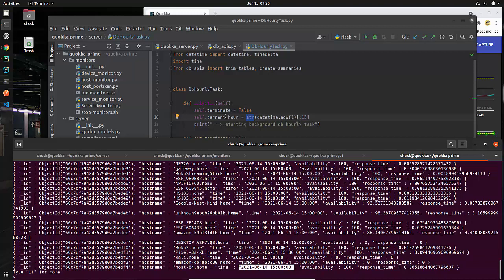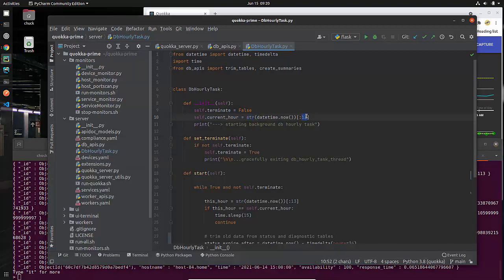But when I say current hour, I don't just want the number. I'm not sure I would say tricky, I might say intelligent, maybe other people would say tricky, but the way that I do this is I say, give me this string for right now, but I only want the first 13 characters. This is a string. Remember what we call this? I'll give you a minute to think up the word in your mind. You can pause it if you can't remember it, but this is called slicing. So this is taking a slice from a string, and it's saying I want the first 13 characters.